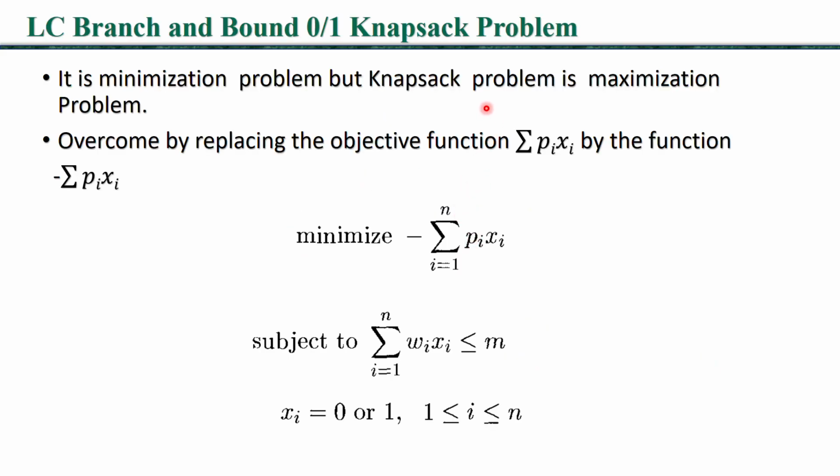As you already know, in the knapsack problem you have to place the items in such a way that the weight of the items must be equal to or lesser than the knapsack capacity, but the profit of the items must be maximum here. In branch and bound you are getting the solution by setting the upper bound, that is what you call maximization. So there you are getting the solution using the maximization